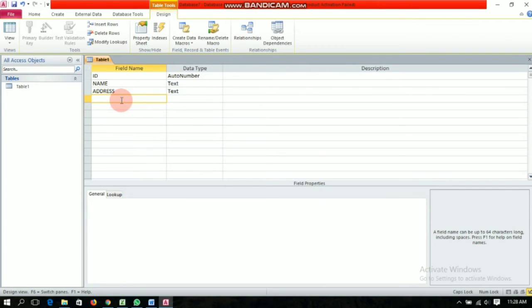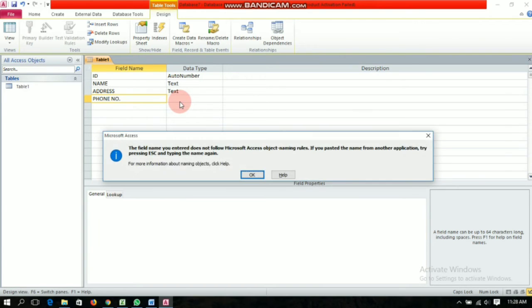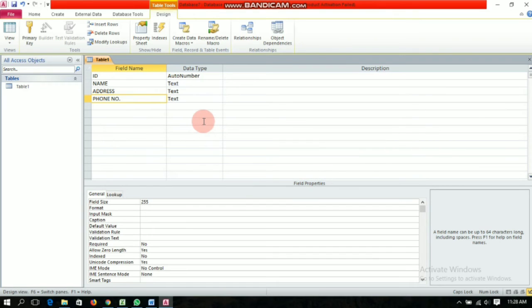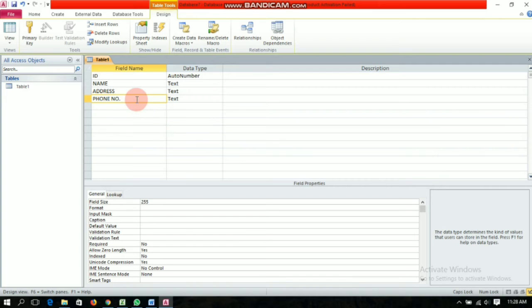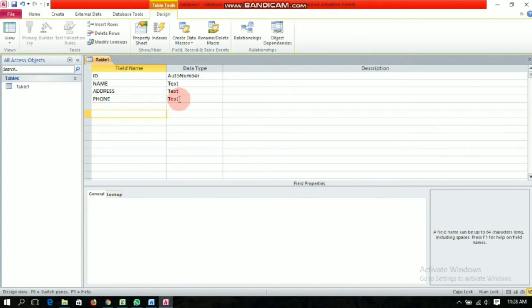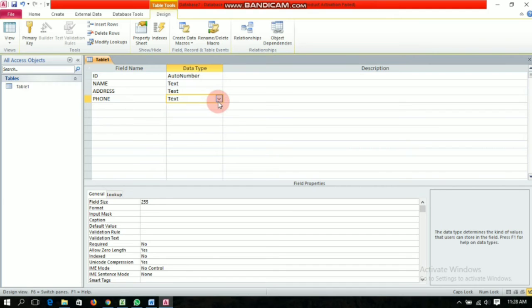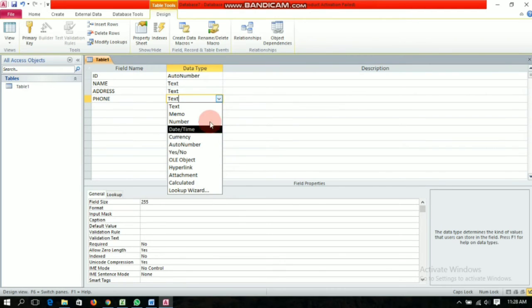Next, phone number. After I press enter, it will provide you the same various options. I will just click on number.